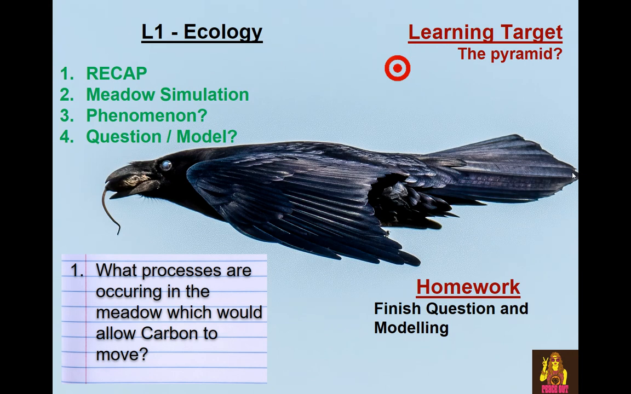The first thing that we looked at was the raven that is photographed here from a scientist that I follow out in California. And we talked about the relationship possibly with what this raven is doing and what's going on in possibly the meadow. We wanted to know from our classes what processes are occurring in the meadow which would allow carbon to move. So students were asked to give processes, and then we dove into a deeper discussion of possibly how you